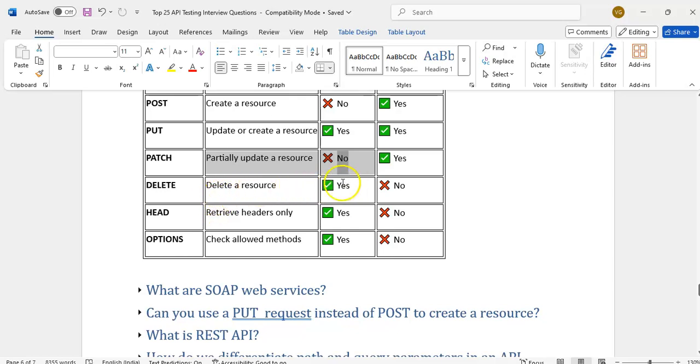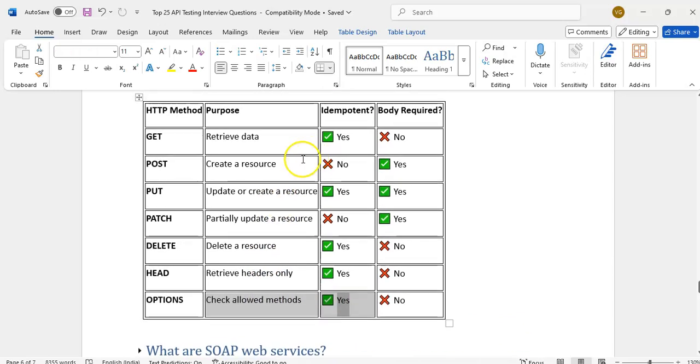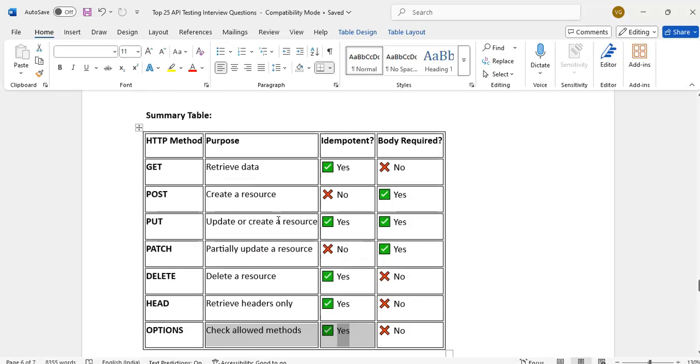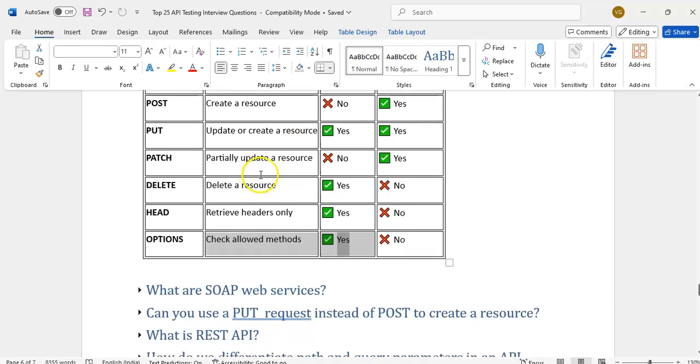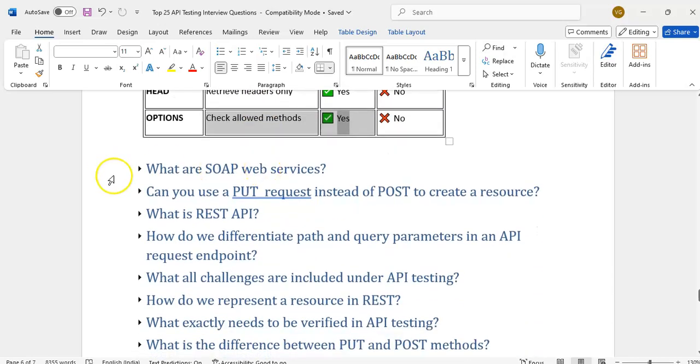Delete is idempotent. Head retrieves the headers. It is idempotent. Options is idempotent. Post and patch are not idempotent. Idempotent means whenever you request, the same data will come. Even if you request 10 times, we will retrieve or update the same data. It will not create any resource.